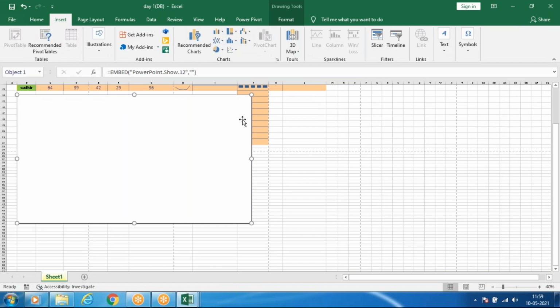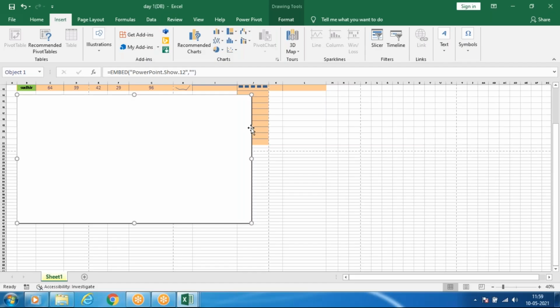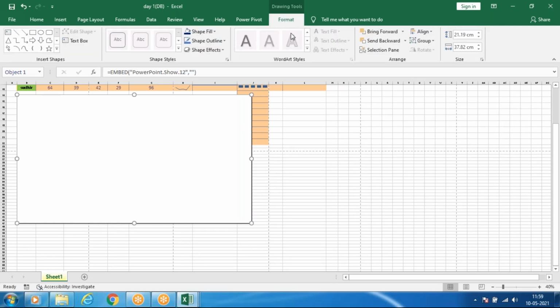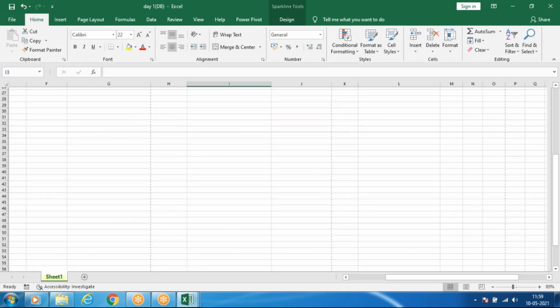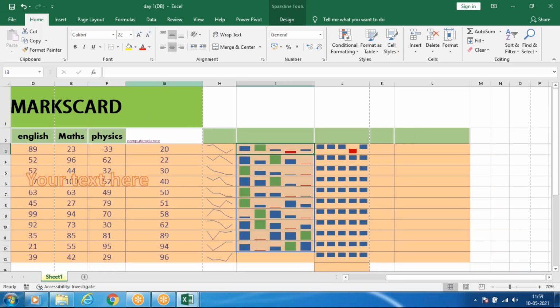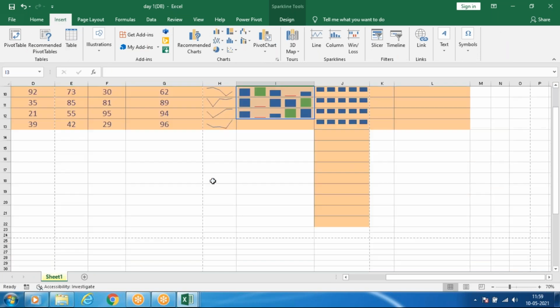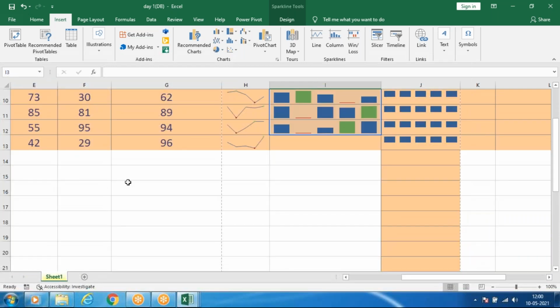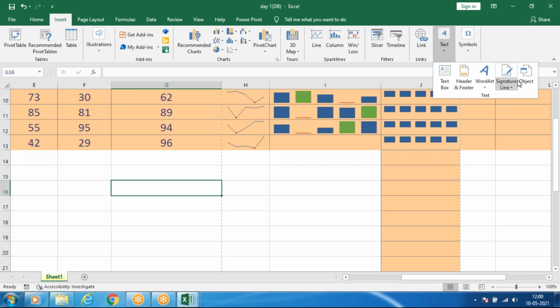Again double click on this to edit in PowerPoint. So that is objects. Object means some other document you can import into Excel.